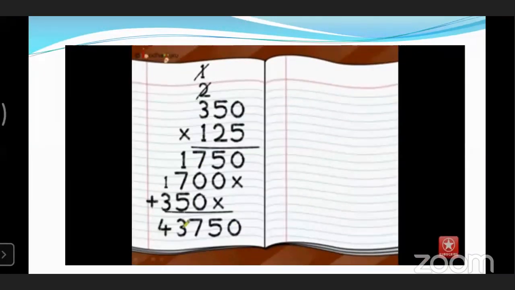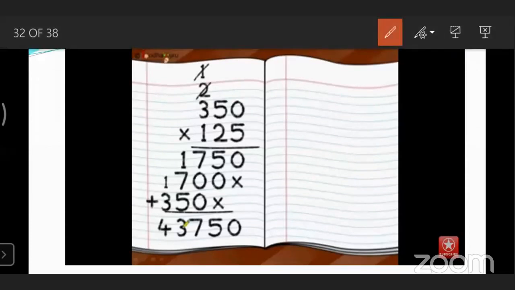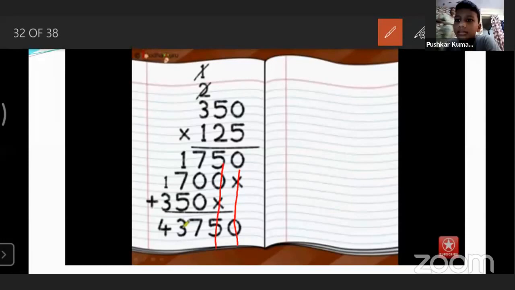Let's see the addition of these numbers. Okay, now see. 0 plus 0 plus 0 is 0, right? Now this 5 plus 0 will be 5. 7 plus 0 plus 0 is 7, right? Now this 1,